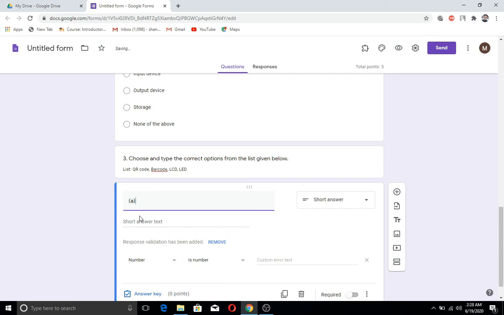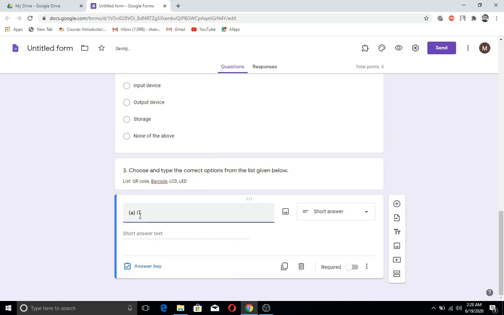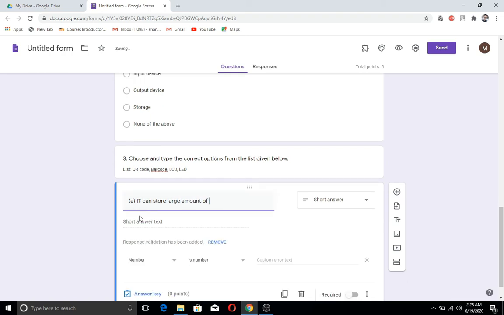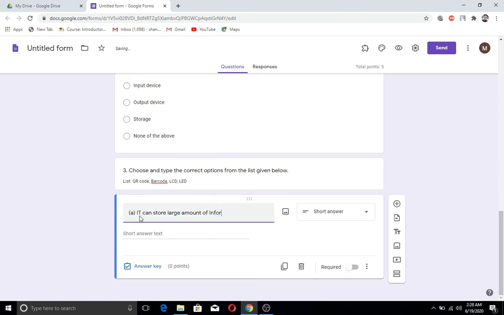The question will be: it can store large amount of information. So I've given the question. Now I have to set the answer for this question.